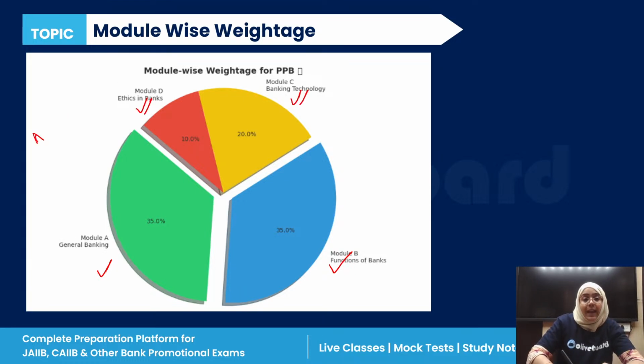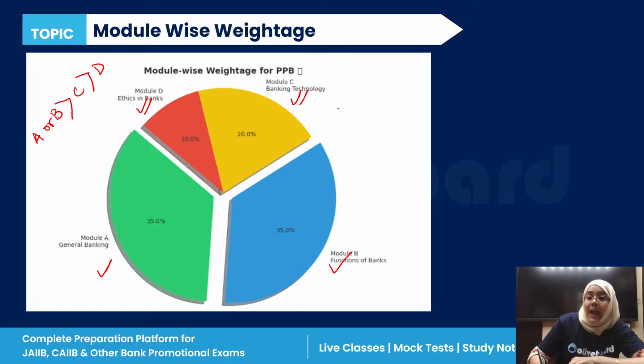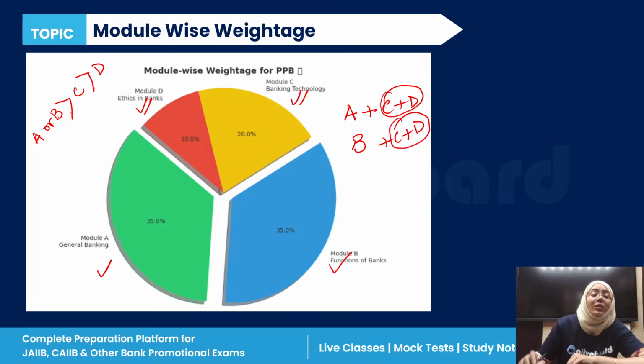Okay, so A or B, they have equal weightage, then C, then we have D, right? I am just suggesting you all some combination. I have to choose either A or B, my favorite. But C and D, we have to do in both cases, okay? Because C and D are very scoring, so we have to go deep in C and D, but choose either